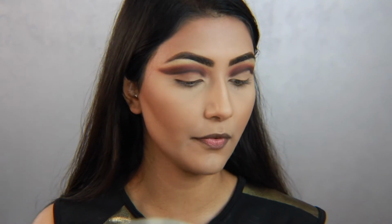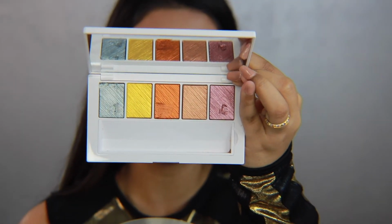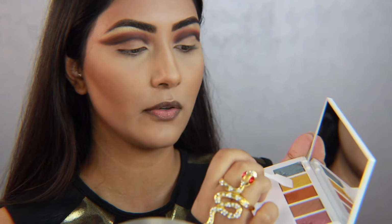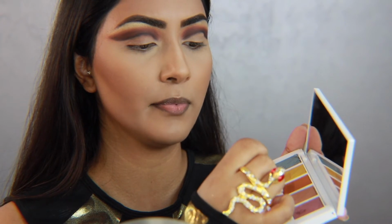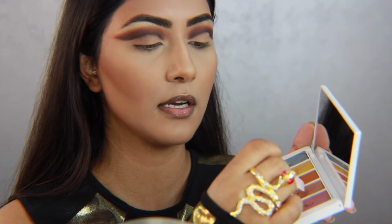Alright, now that I've got the base of my crease down, I'm going to move on to lid color. So I'm going to be using this palette first. I'm using the Master Metals palette, and I'm going to mix a little bit of this, and this. Okay, so what you do is you scrape them. So I'm just going to scrape it like this. I hope you guys can see this. But you only need a little bit, and you just scrape it